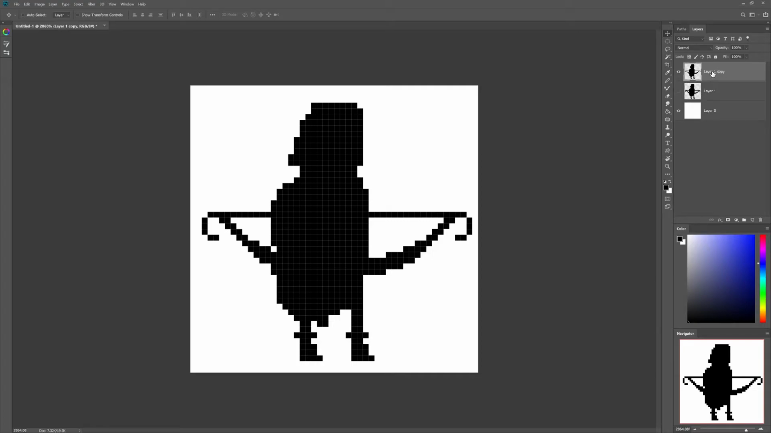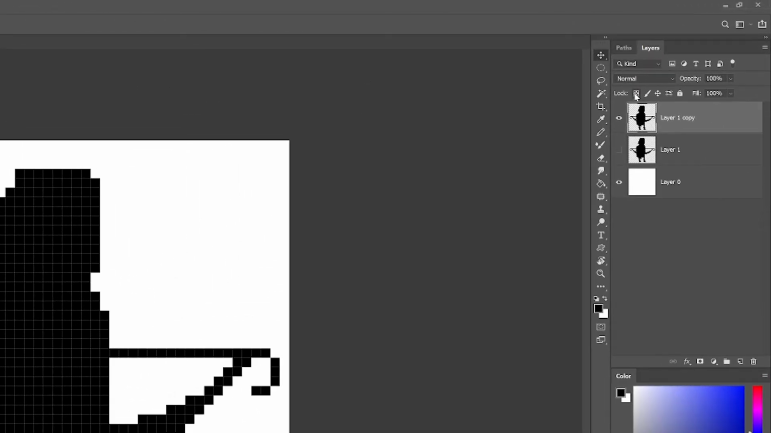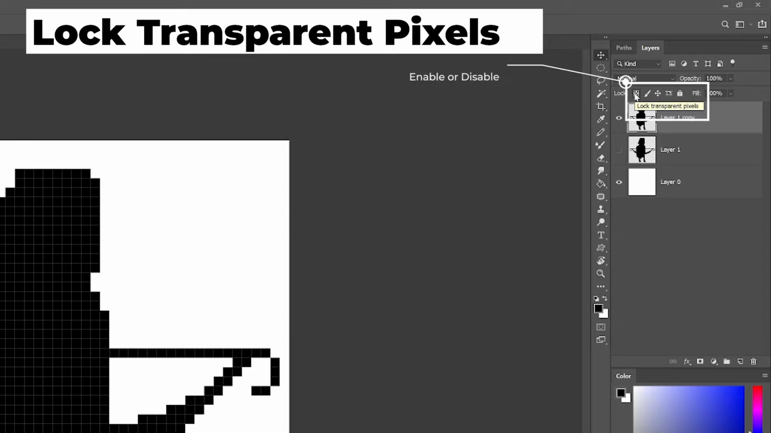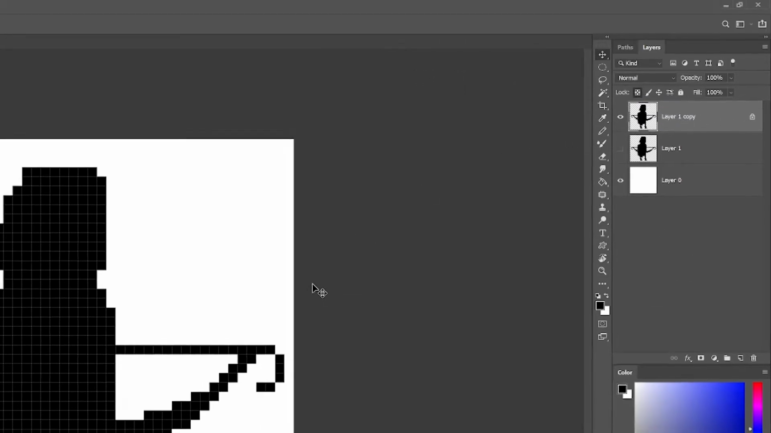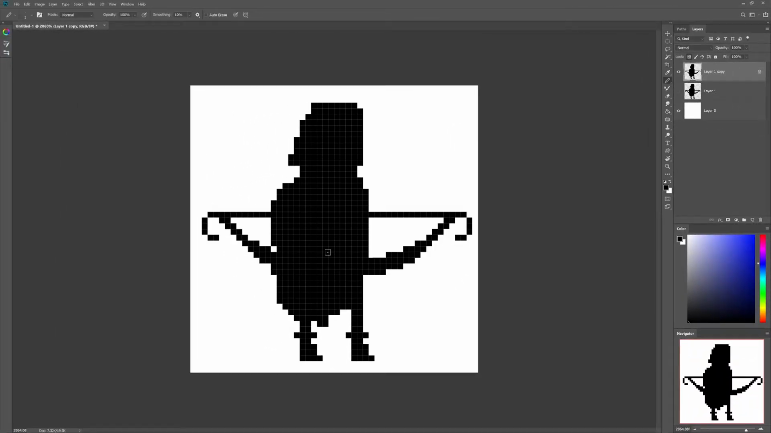So now within that layer, you have two options for coloring here. Well, this is Photoshop, so you have a multitude of options, but I have two ways that I go about this. Occasionally, I use the lock transparent pixels command. So when you click on that, it's going to lock the pixels, but you'll still be able to paint into those pixels,